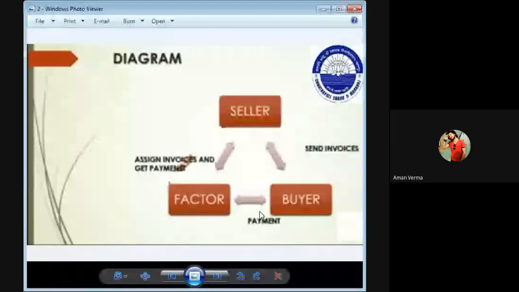Okay, better. So, how do factoring companies give factoring services to companies? See, there is a seller. Who is the seller? The company. The seller sells the goods to the buyer on a credit basis. For example, if a business sells goods to the buyer on credit, what has it done? It sold the goods on credit.